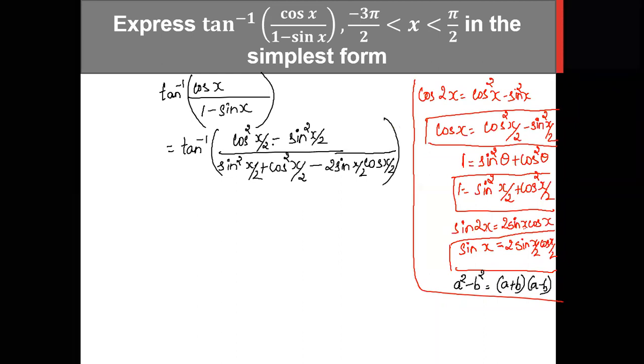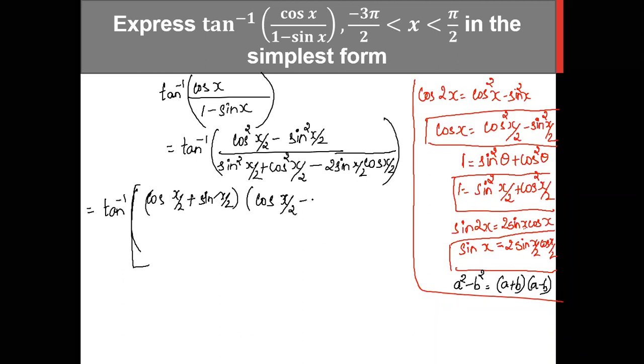So if you observe the numerator, it is cos square x by 2 minus sin square x by 2. In place of a we have cos x by 2, in place of b we have sin x by 2. So apply this formula. That becomes tan inverse of a plus b into a minus b, so cos x by 2 plus sin x by 2, into cos x by 2 minus sin x by 2. Okay,